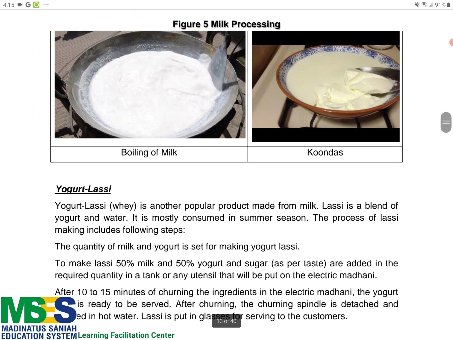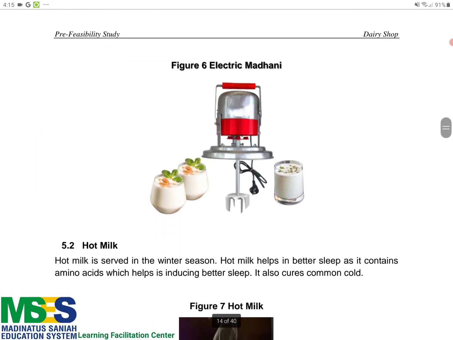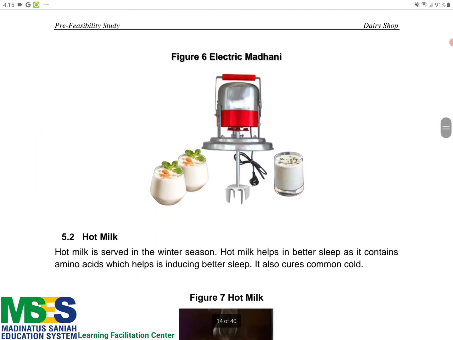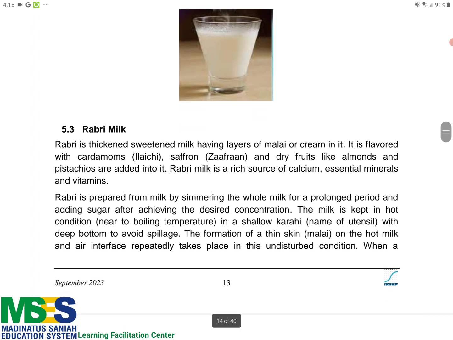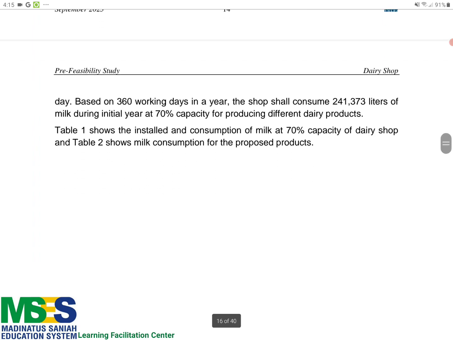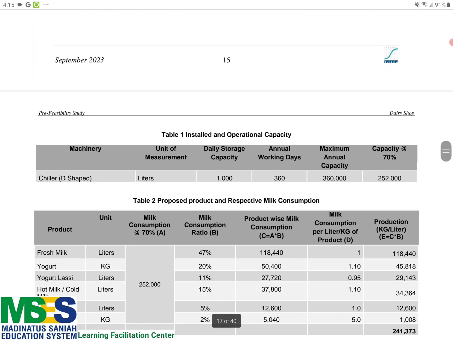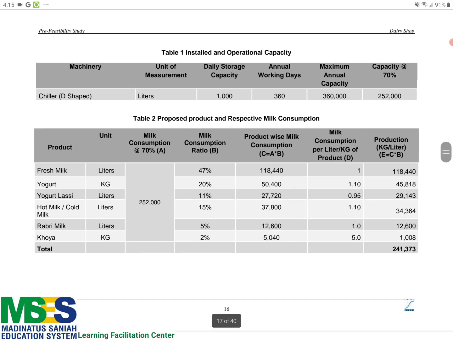Now this is the process of how we make yogurt, how we make yogurt lassi. So would you be doing it yourself, or would you be hiring some labor? Both. Okay. Move on. What do we need to start the business? Could you please move on to that section? First of all, we need money. The money has been given to you by me. Now let's see what are the elements that you need.